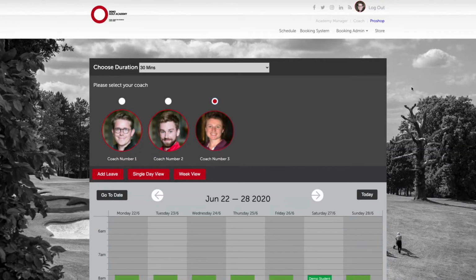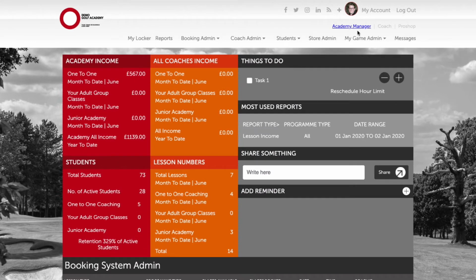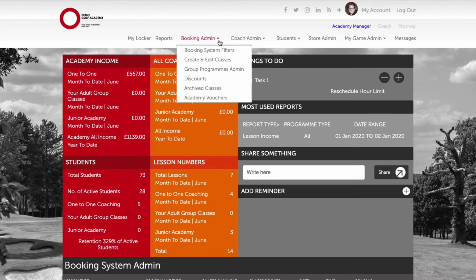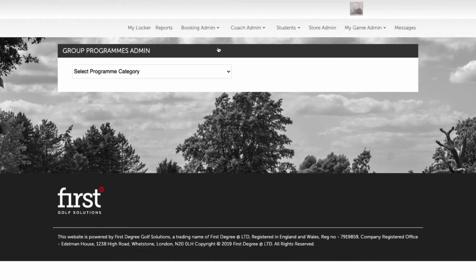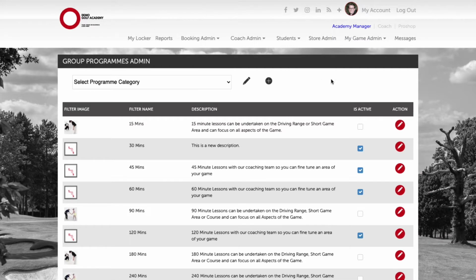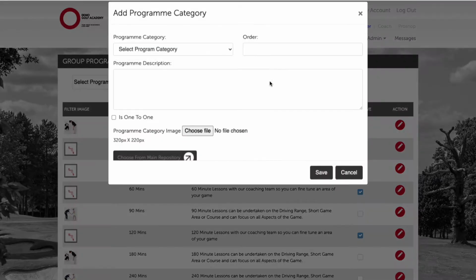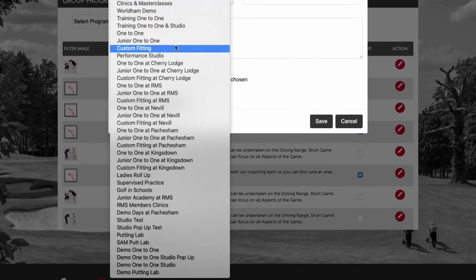So let's navigate to the Academy Manager area. And from here we navigate to Booking Admin and select Booking System Filters. And we now need to again add our program category. So we select the plus icon and once again choose from the list the relevant program category filter that's been